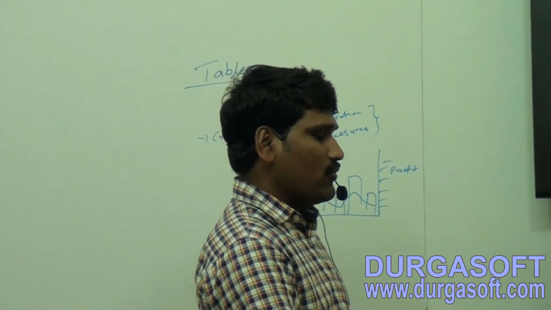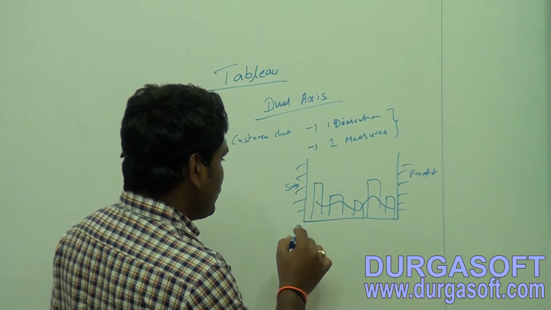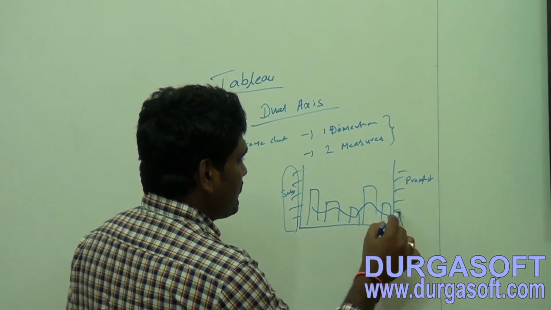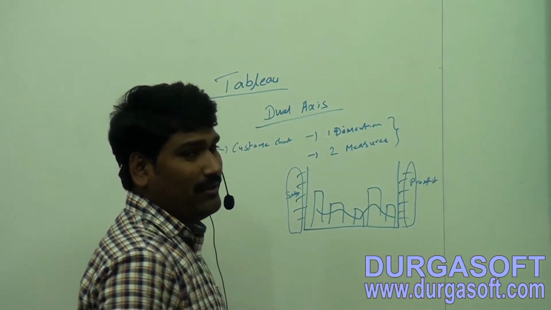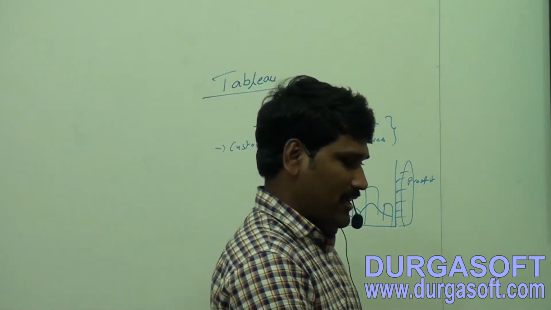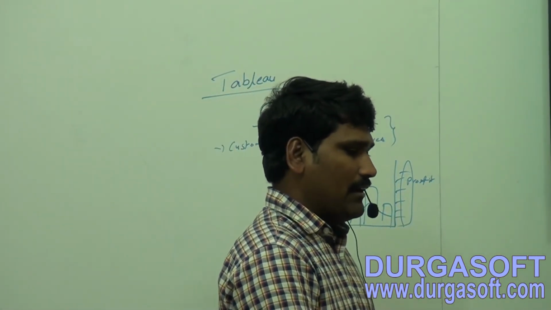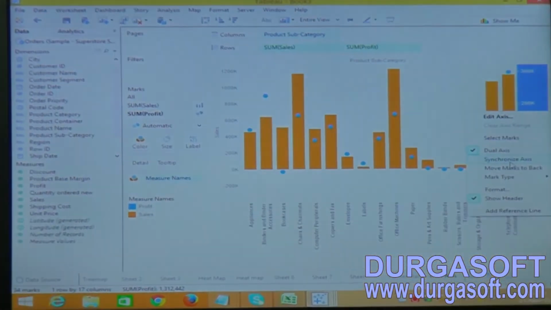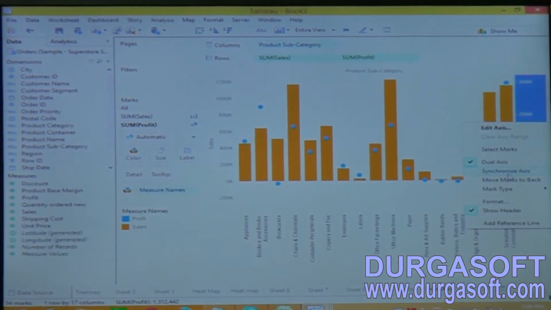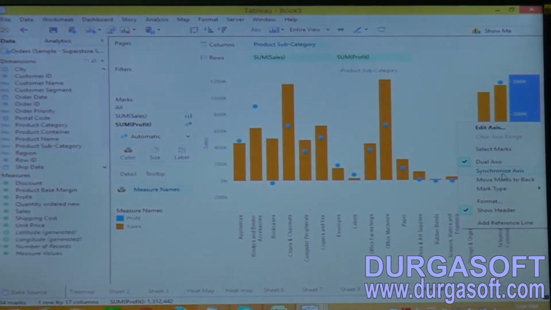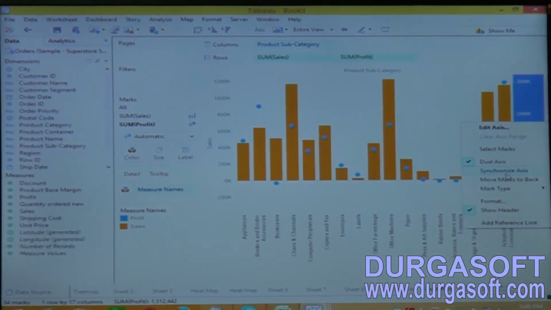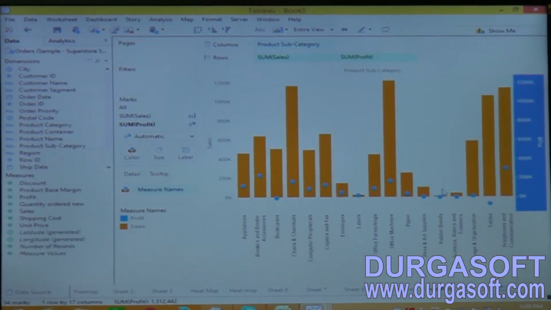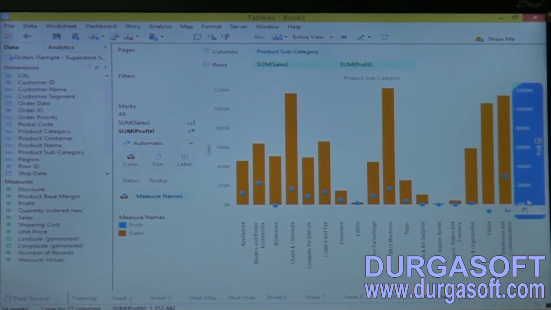So we need the sales scale and profit scale to be on a similar scale. To do that, right click on the profit in the view and click on synchronize axis. Now check how the profit scale has changed. Now the profit scale is 0 to 2000, 4000, 600k, in the same way as sales.